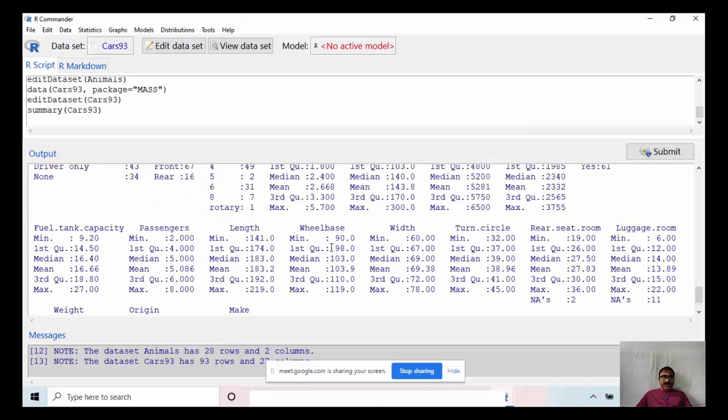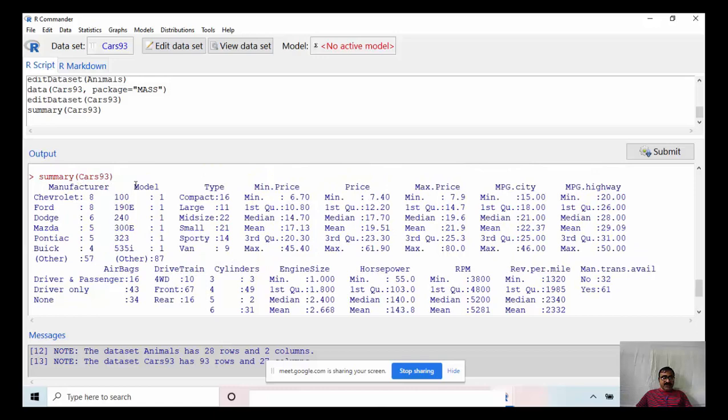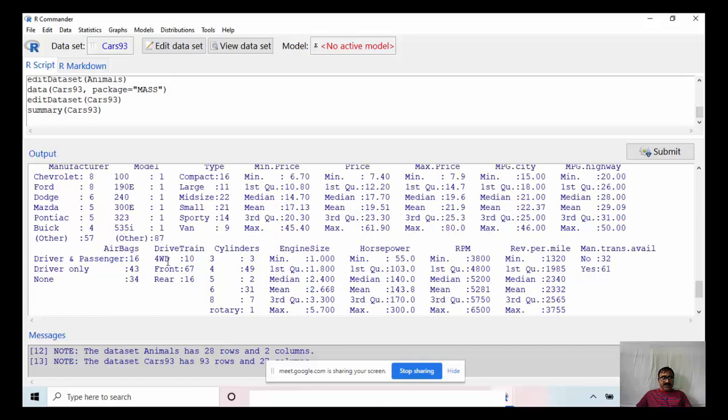See, these are several variables. Manufacturer, model, type, minimum price, maximum price, miles per gallon in the city. So mileage, this is in city, this is in highway. Presence of airbags or not. Drive train, number of cylinders, engine size, engine power, horsepower, RPM.